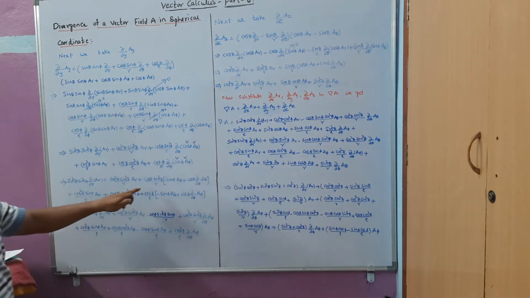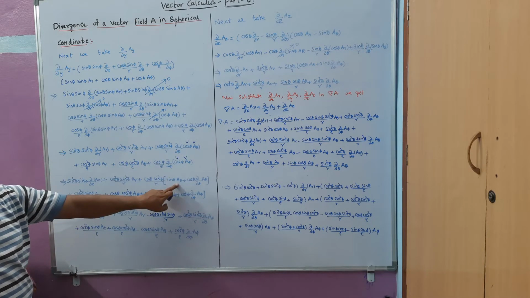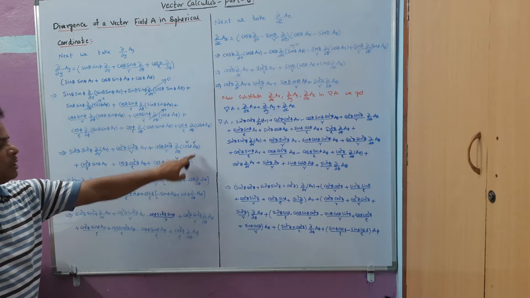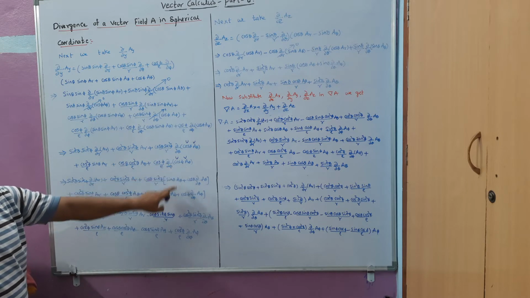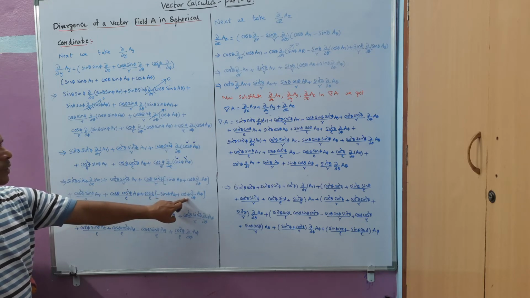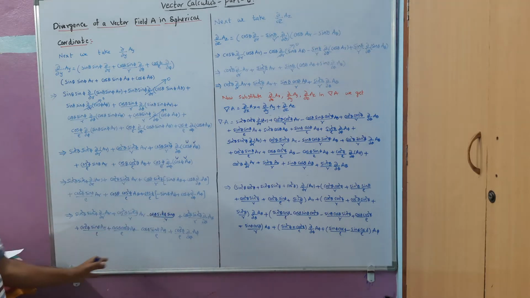So we have applied the uv formula here, that is the differentiation of cos is minus sin phi sin theta a theta plus cos theta del by del theta of a theta. Similarly here also, the differentiation with respect to cos is minus sin phi a phi plus cos phi del by del phi of a phi. Rest of the things are the same here, and then we are just taking the product here.